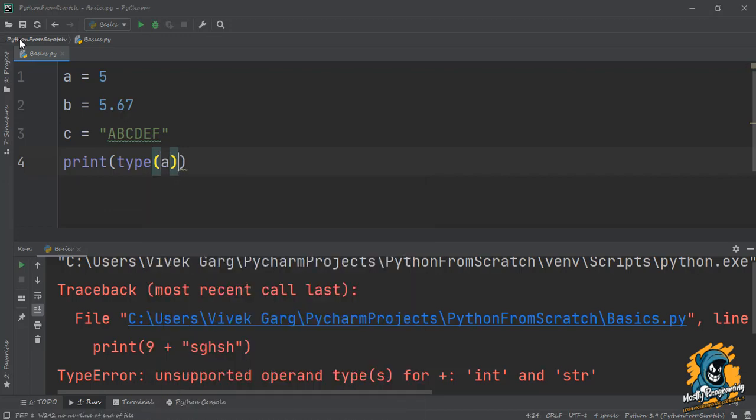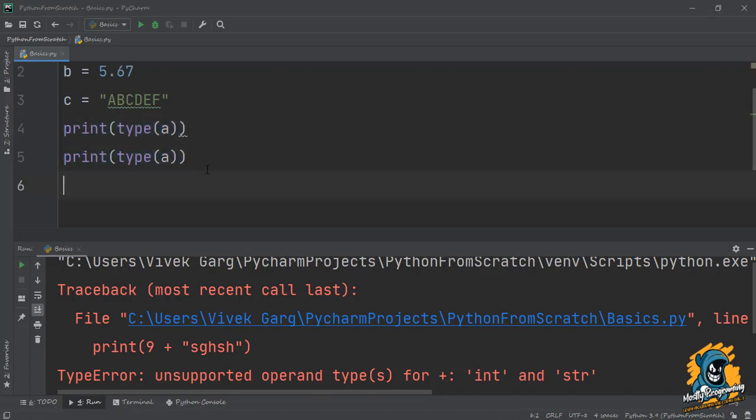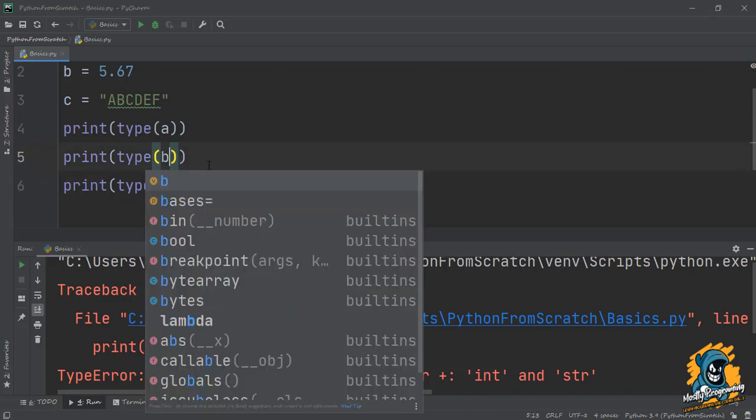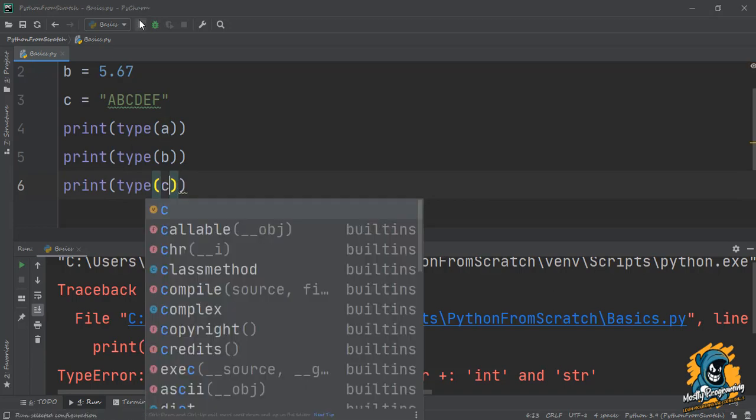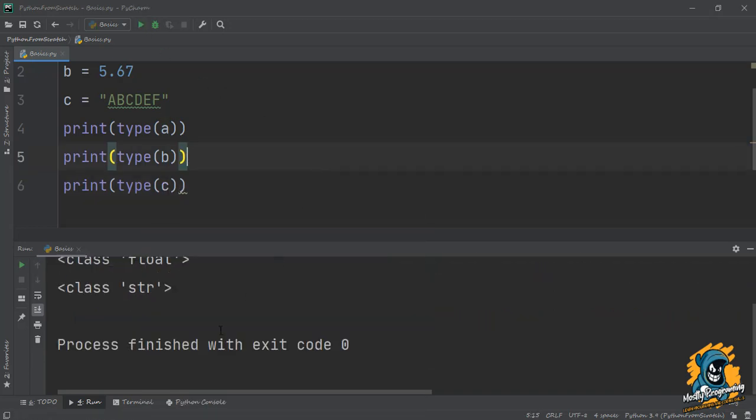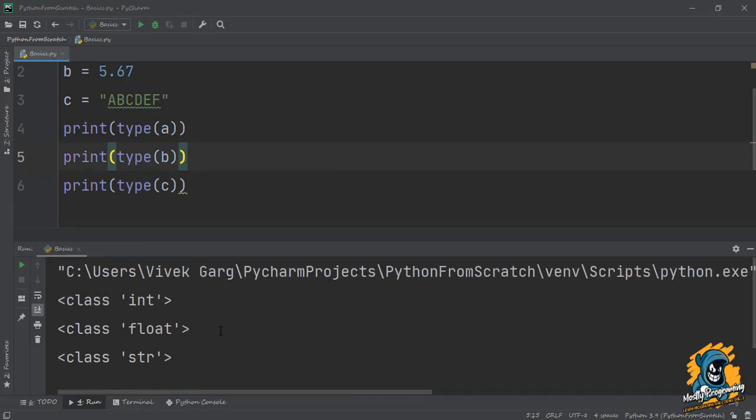A. Then I'm simply going to copy this with Control C. I'm going to paste it 2 times here. I'm just going to change the name of the variable here, B, and here I'm going to change it to C. So when I'm going to run this, you will see that here using type function, we get to know